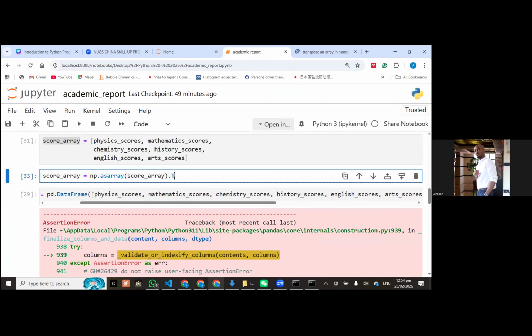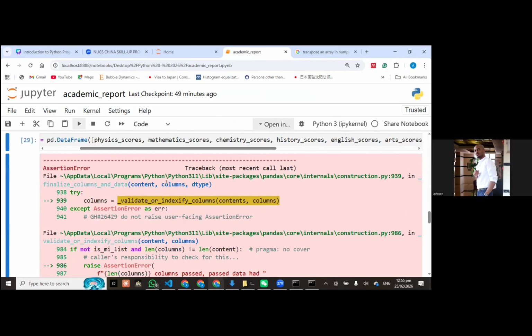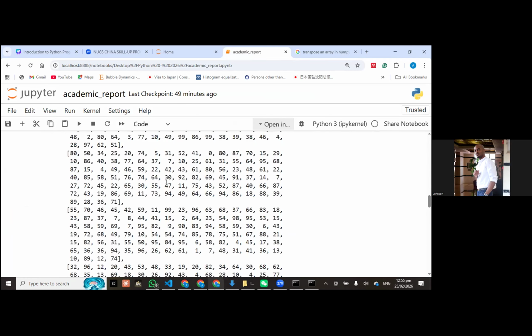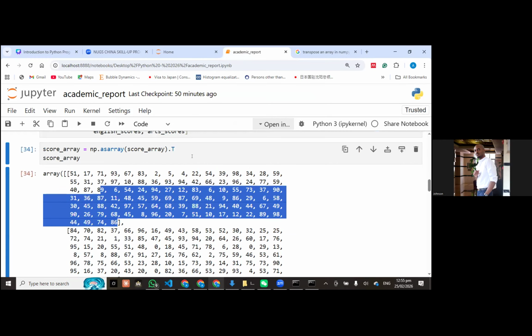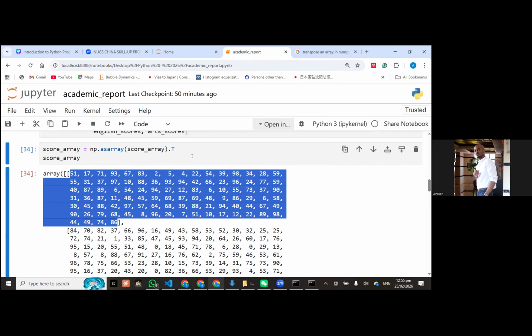Okay, good. So I want to run this, and now let me see if I have 100 columns. It's still giving me 100 columns. I don't want 100 columns. Okay, so then in that case,